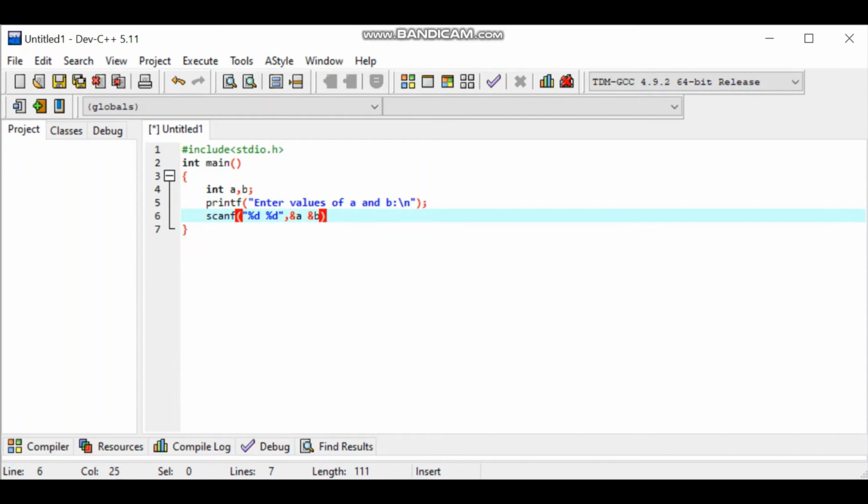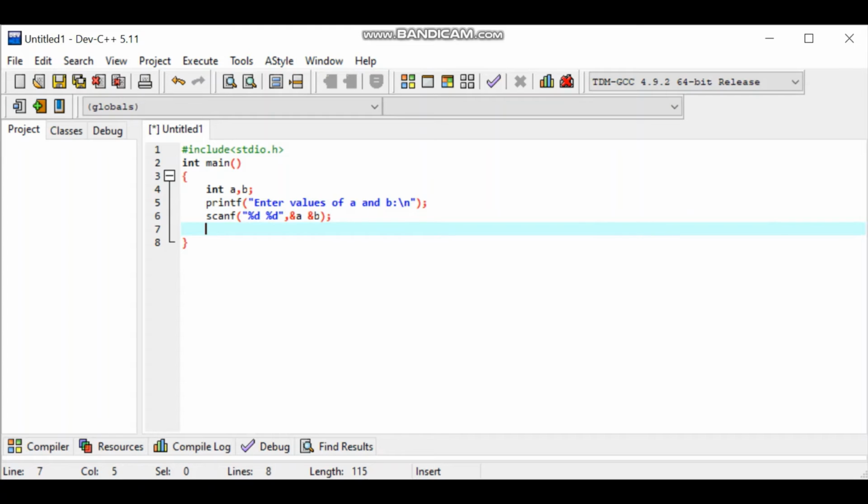Next we will display our numbers before swapping.